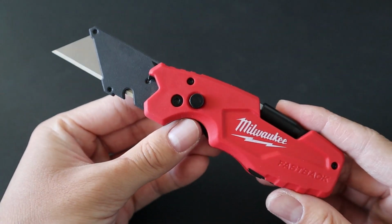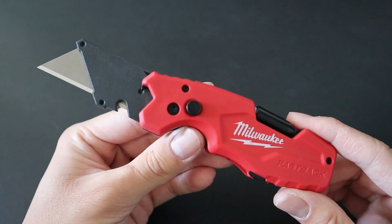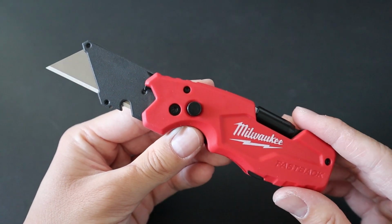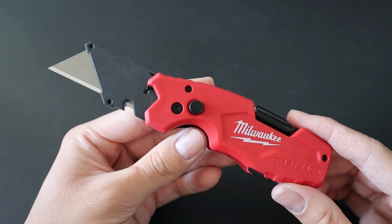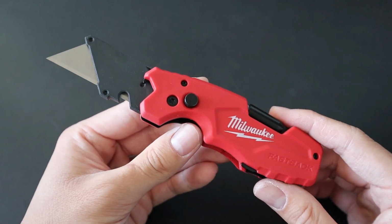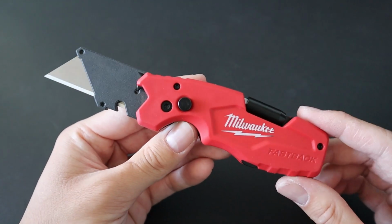Hey guys, in this video, I'm going to be reviewing the Milwaukee Fastback 6-in-1. So the Milwaukee Fastback 6-in-1 has got to be the best value multi-tool you can buy right now, and I don't think that's an exaggeration. Starting at only $20 and available pretty much in every Home Depot,